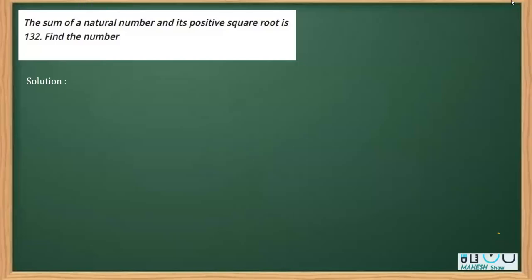One more question of quadratic equation class 10. It says the sum of a natural number and its positive square root is 132. We have to find this number. So what we can do, let's say,